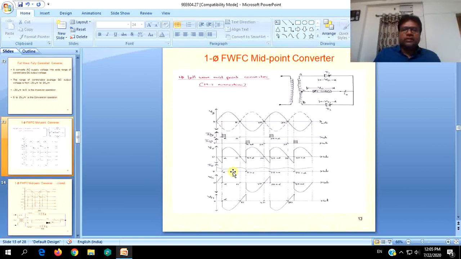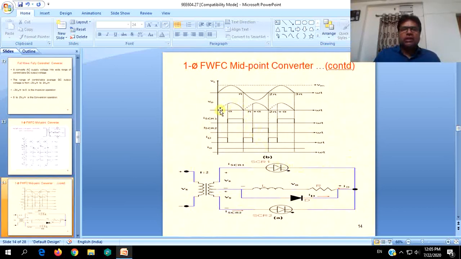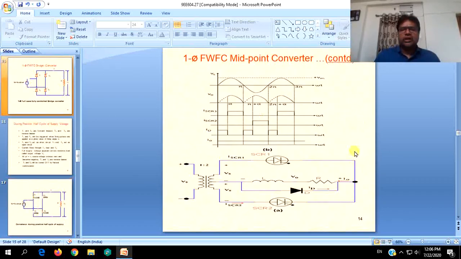The effect of this inductive action, that is negative voltage appearing across the load, is nullified, or load voltage becomes zero at pi itself. And also at the end of the negative half cycle, the load voltage becomes 0 at 2 pi itself because of the freewheeling action, and the current will be maintained in the same direction as the load. In this figure, current is deemed to be taken as if it were flowing as a constant, but it will be